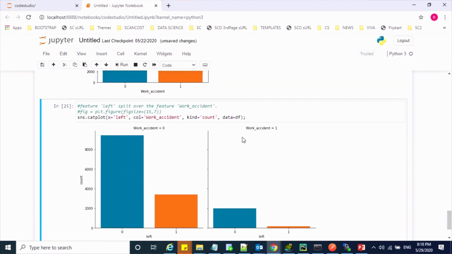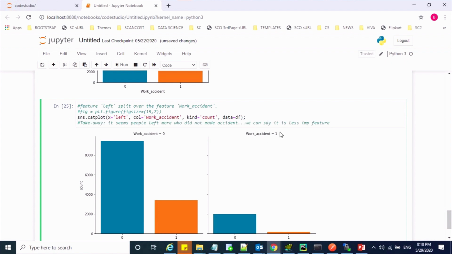As per the graph, for employees with zero accidents, the churning rate is high. It seems this feature is not so important, because usually you might expect that an employee who had an accident in the organization would leave. So it does not show any relation with that. That's why I'm saying it is a less important feature.